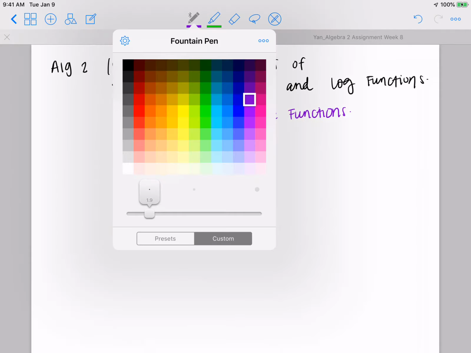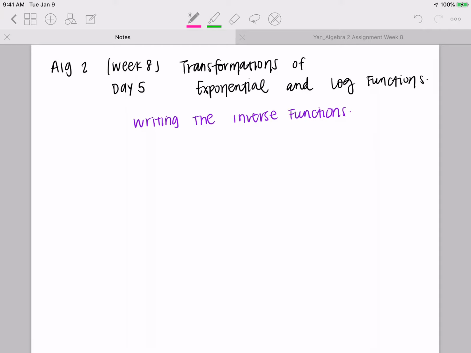So last section we talked about an introduction to logs, and we said how do we go from an exponential function, something that looks like this with an exponent, the x being the exponent, and we convert this to the log form, which is log base b of y equals x. So last time we talked about this, and today we're going to be talking about how do we